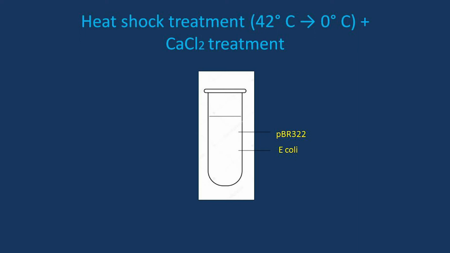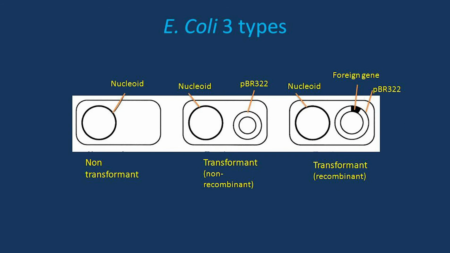So we get three types of E. coli. First one is called the non-transformant, which has not taken up the pBR322. The other two are transformants. But the first transformant is called the non-recombinant because it has only pBR322 in it. It does not have the foreign gene. The third one is the recombinant bacteria, which contain pBR322 and the foreign gene. We are interested only in the recombinant bacteria. So let us see how we select out the transformant, or we can say recombinants, from the rest of the